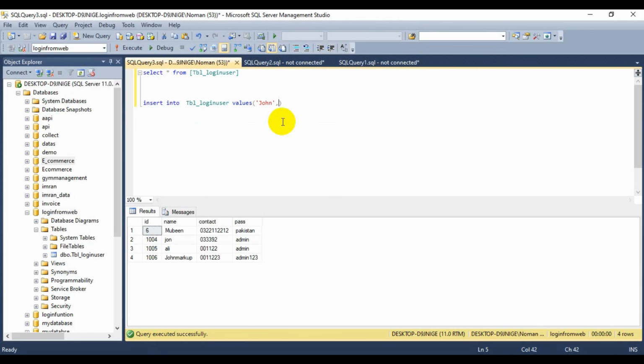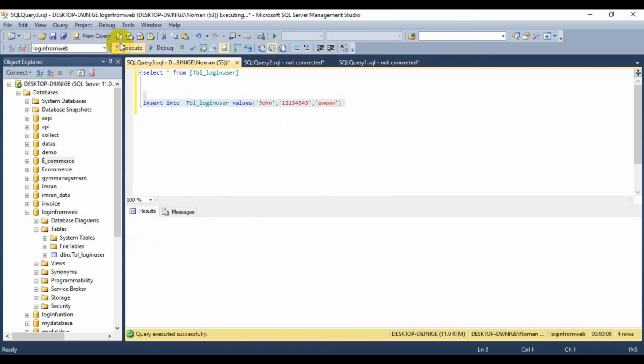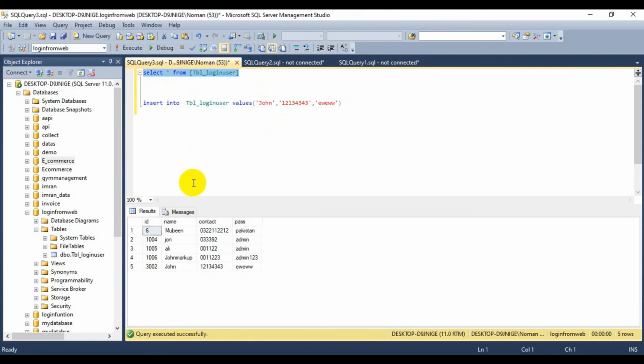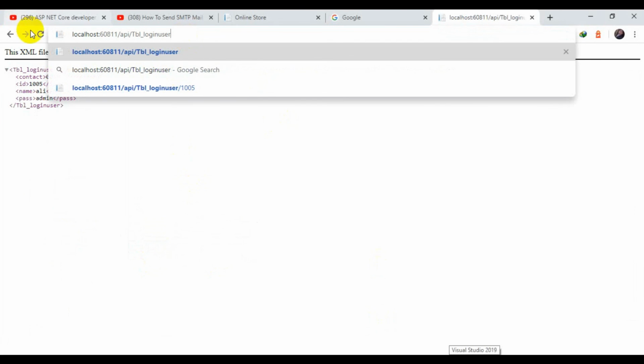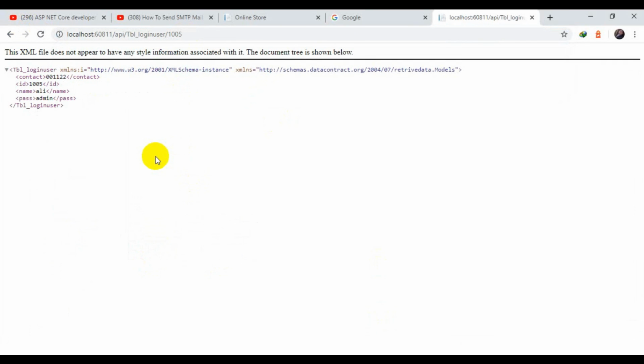John, comma, dummy data, and the password. Copy this, select this, rows affected. Look out, we have a new ID 3002. Just remove this and rebuild the project with Ctrl F5.